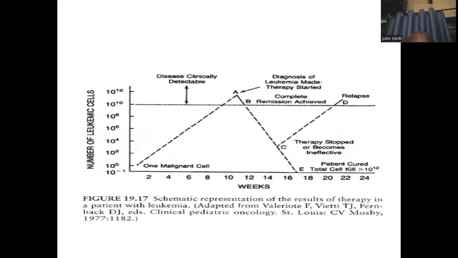And the only time you are able to detect it is when the number of leukocytes is more than 10,000, about 12,000, at the time you start detecting this disease. Then the therapy is started, and you can see it comes down, and then they can see the relapse after stopping of the treatment in the 16th week.